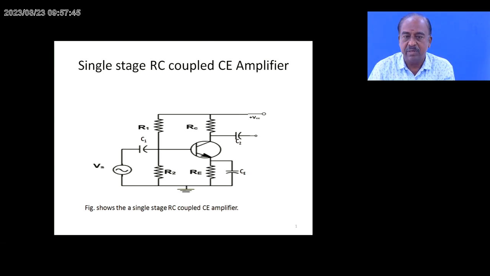In this circuit, we have only a very small amount of amplification. Therefore, we require more of this type of similar single stage amplifier. They are connected in the form of RC coupled multi-stage amplifier circuits, that is, two, three or four stages. In this way, they are connected in cascade connection. By this way, the amplification is